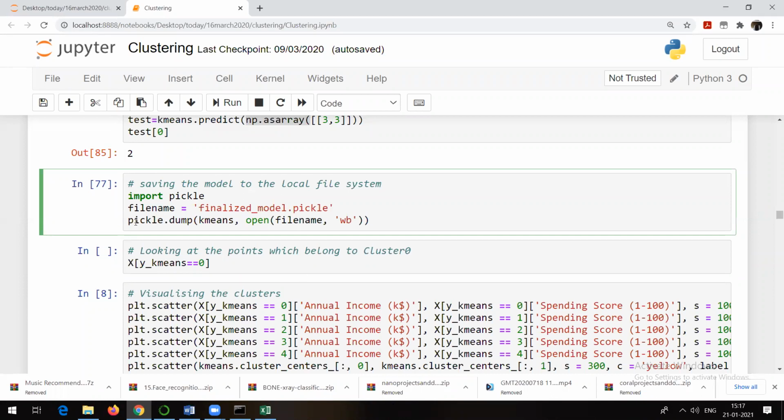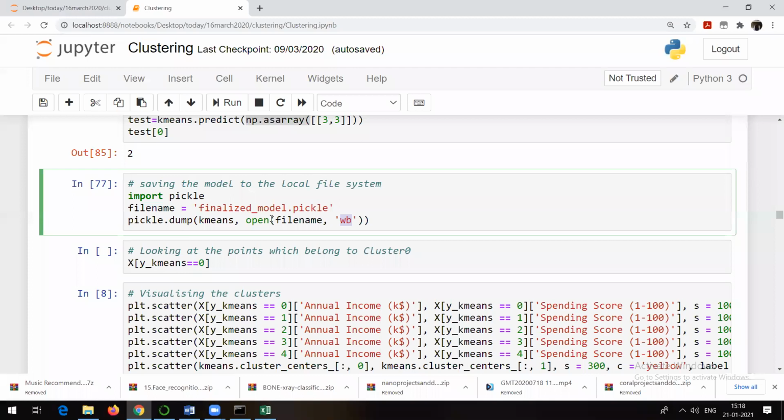So see here, you can check, we can make use of the pickle package. Dump is nothing but we need to write something. So I want to write the model in this file. I want to save it in write and binary mode. And that's what we have done, right?